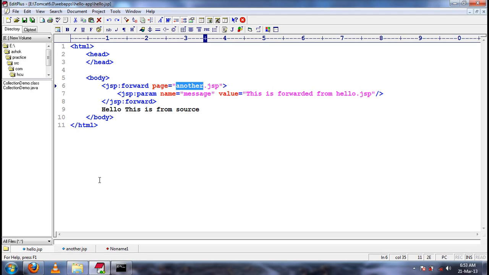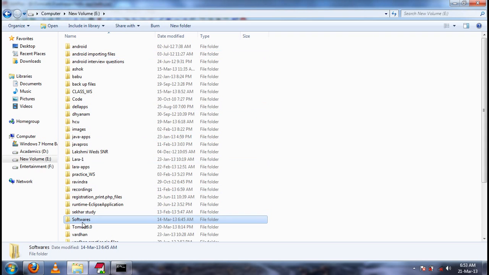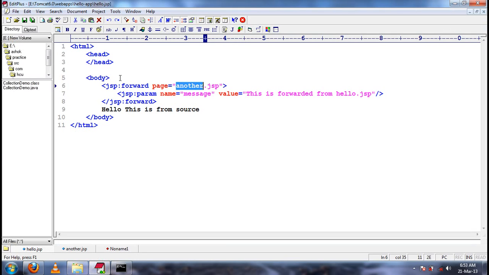So jsp:forward will internally use request dispatcher forward. Rather than creating a request dispatcher object and executing the forward method, it is reusable code in the JSP, the backend code. Rather than writing that backend code repetitively, they have framed a forward tag.